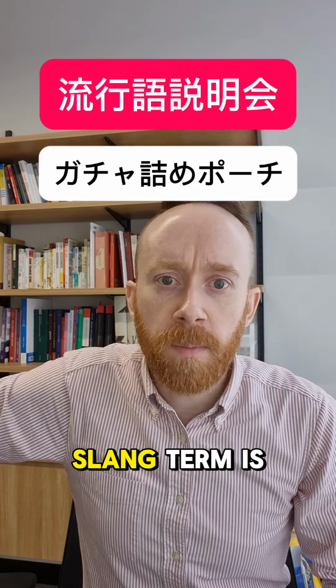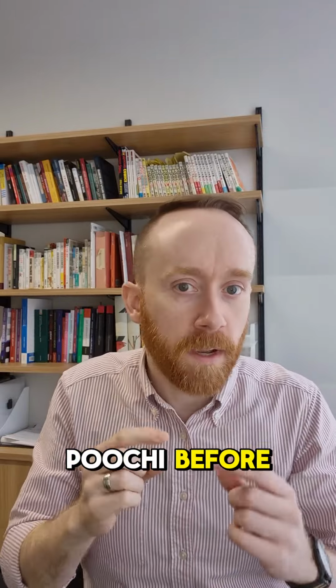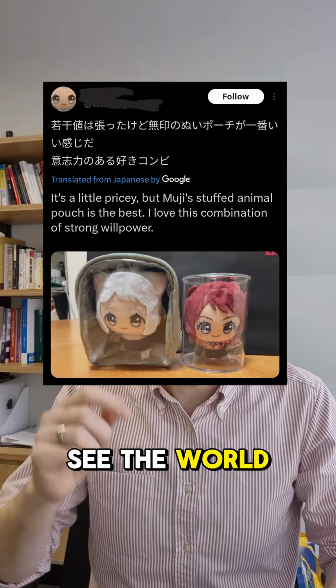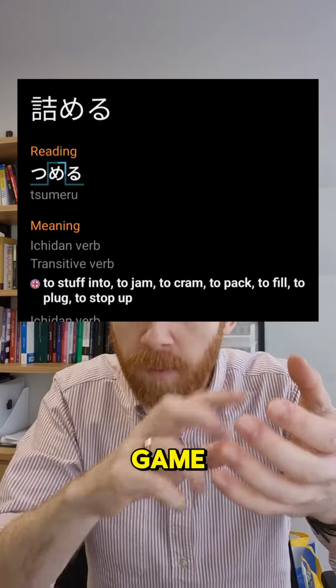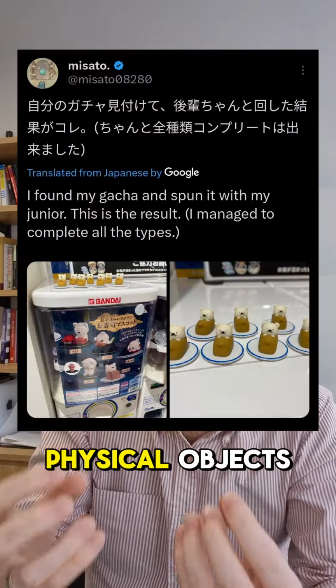Today's Japanese slang term is gacha tsume pochi. Now, I've talked about pochi before. It's not a porch, but a pouch, especially a nui pochi where you keep your nui and let them see the world. A gacha tsume pochi is therefore a pouch where you tsumeru your gacha, not like on a video game on your phone, but when we're removed from the digital world and have actual physical objects that randomly come